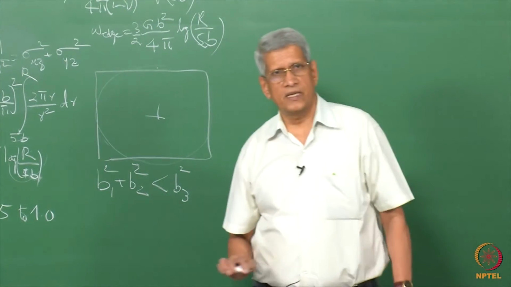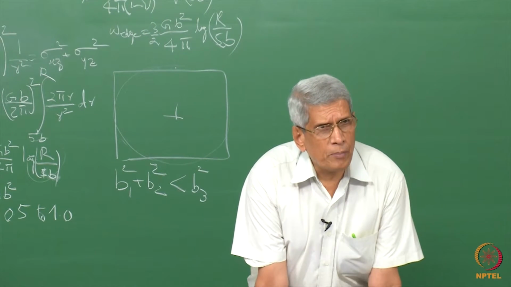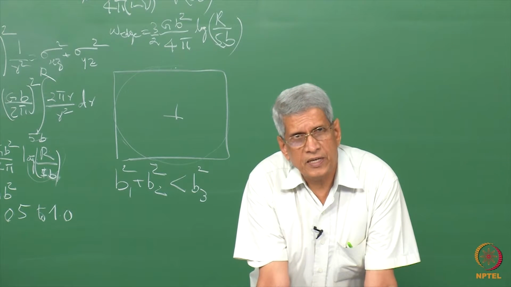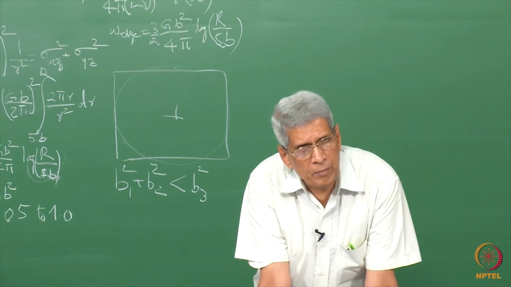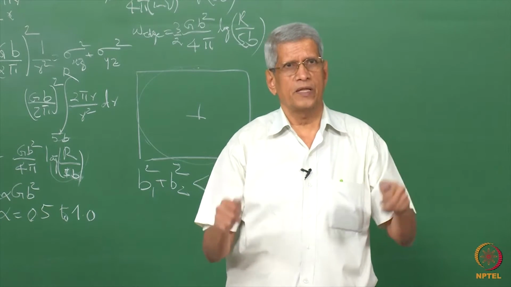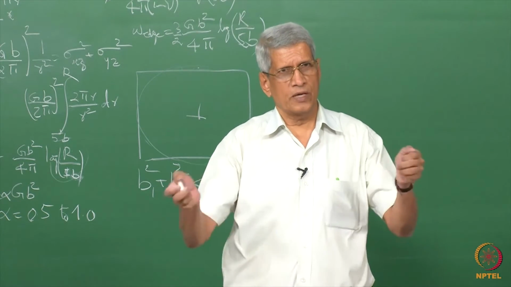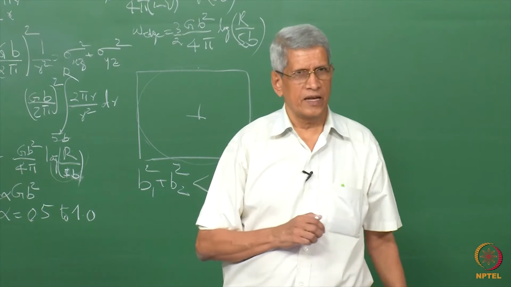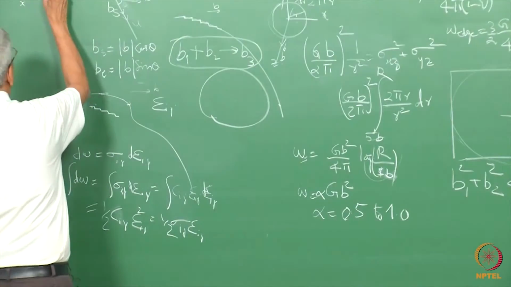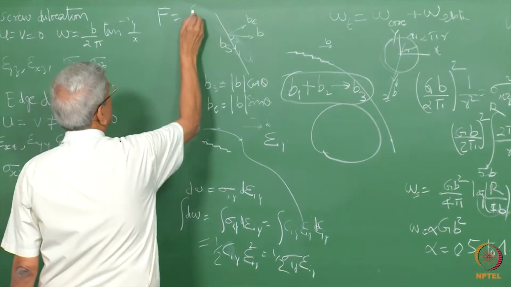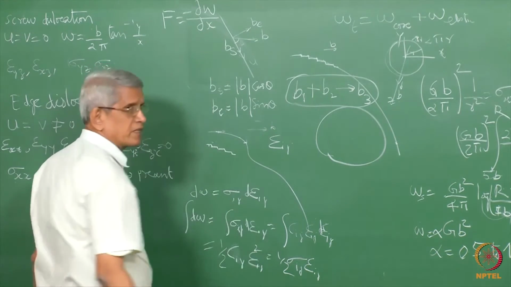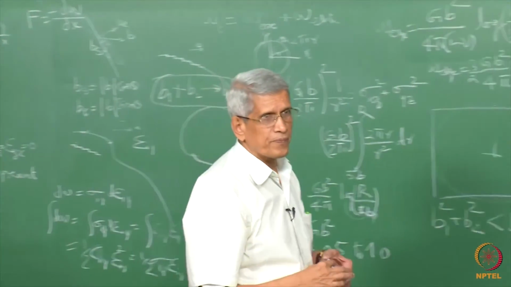This same self energy is used to represent another important property associated with the dislocation, which we call the line tension. Like I mentioned, if I take an edge dislocation and try to bend it, there can be an increase in the dislocation line length. Correspondingly, an increase in energy can take place. So essentially, we can write the force as defined by the energy change over dx, the increase in length.